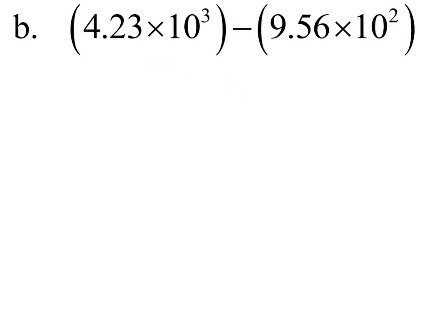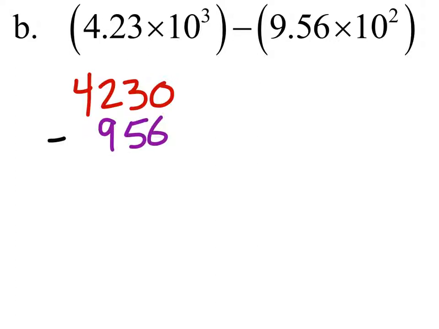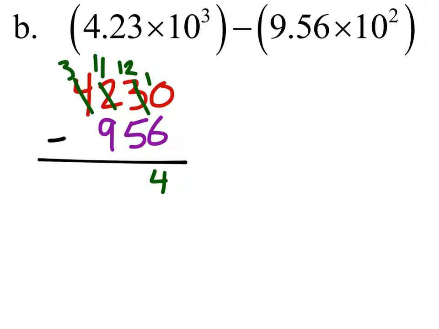Alright, this next one, once again, we're going to change these into standard form. So I got 4, 2, 3, 0. And now I got subtract. This one, after we move that decimal, is just 956. So we're going to subtract these. 0 minus 6 is 4, because I got to carry the 1, and I got to carry this one as well. Then I got to carry 1 from right count. 12 minus 5 is 7. Yeah, I know you guys could do that in your calculator, but either way,